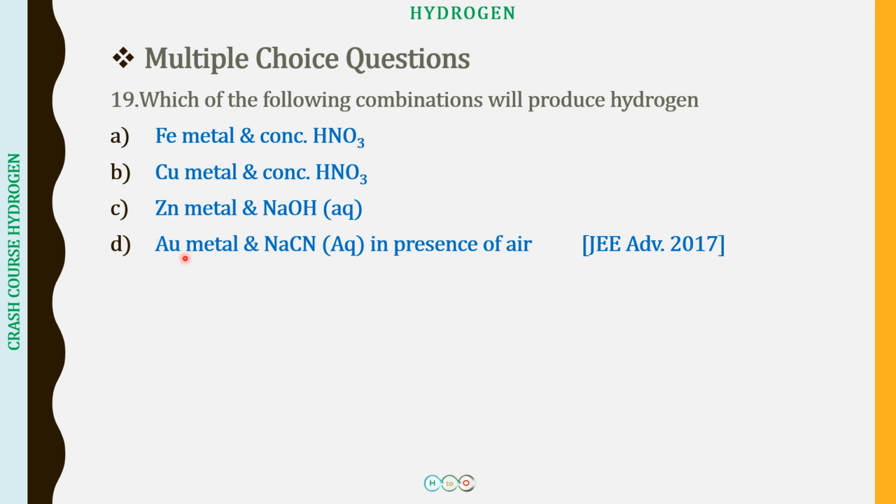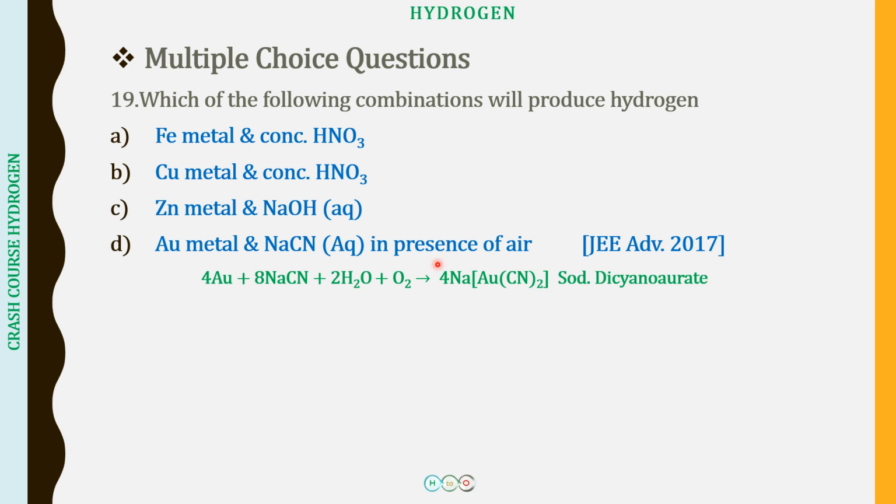Next, we have gold reacting with aqueous sodium cyanide in presence of air. And will this produce hydrogen? Well, this is something that you have not studied in the course on hydrogen, but you studied it as a method of leaching for gold extraction in class 12th when we study the metallurgical processes. I'm giving you the reaction here in case you do not remember it. Please do go back to the class 12th course on metallurgy, and there you will find this reaction.